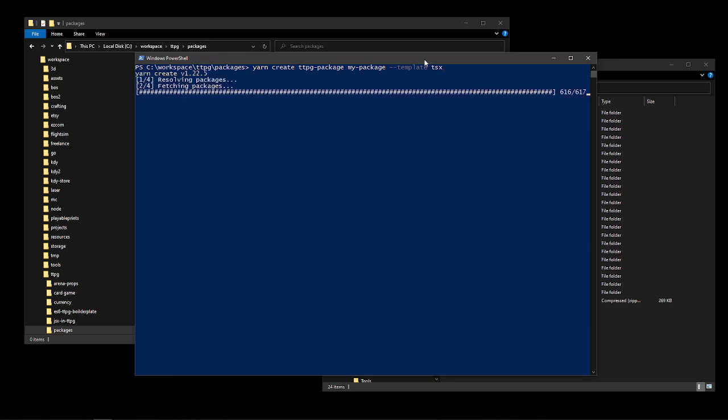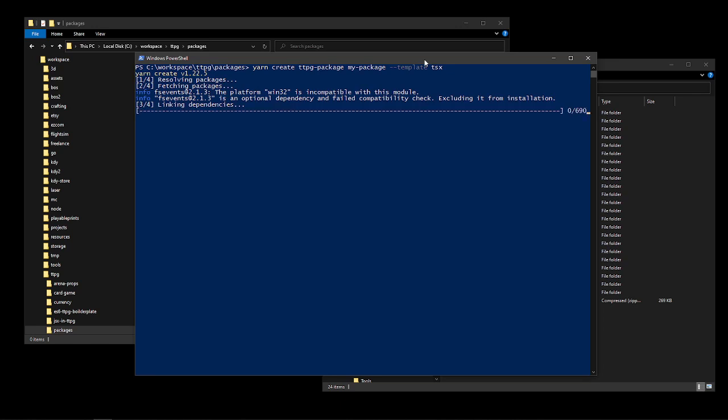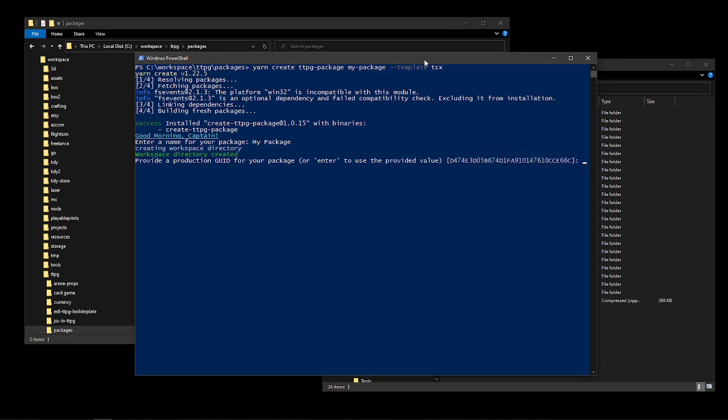Run that. It's going to do its thing. It might ask you to confirm, yes, I want to download this, and there we go. Enter a name for your package. My package. You can take the recommended GUIDs for these. It generates them randomly, but if you for some reason need to enter a custom one, this is how you do it. I'm just going to hit enter to go through the defaults, and it's going to ask where is